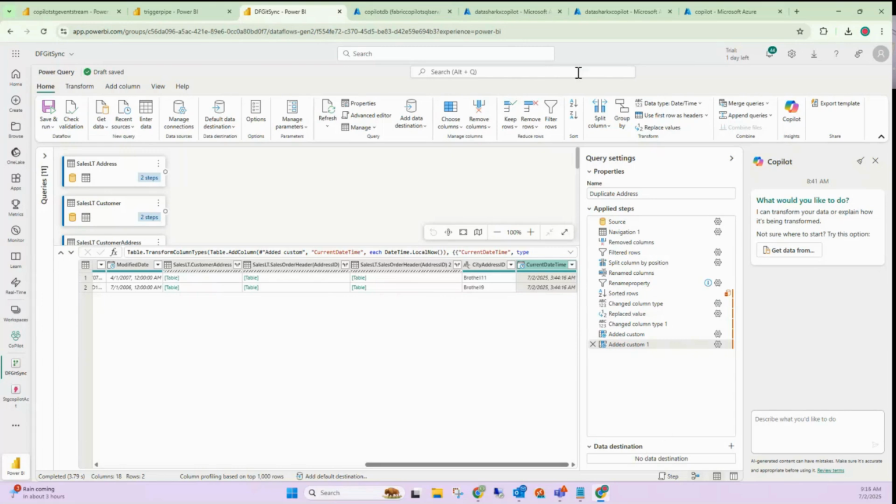Now, whatever we did up till now is the same aspect for data flow Gen 1 that is also present. Then what is the difference between data flow Gen 1 and data flow Gen 2? It's what we call the data destination. In data flow Gen 1, one can only do the data transformations but cannot copy the data into a specific